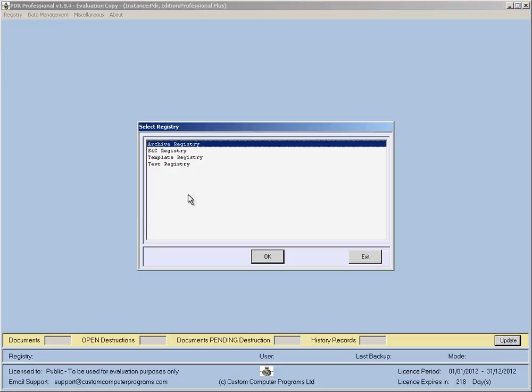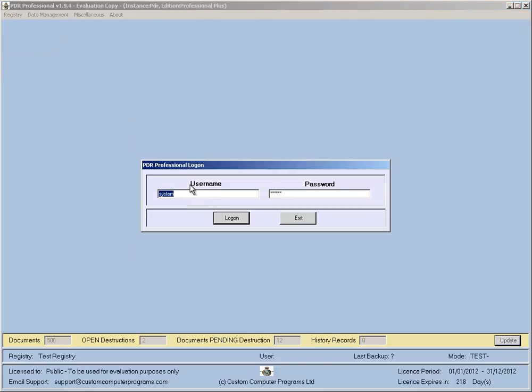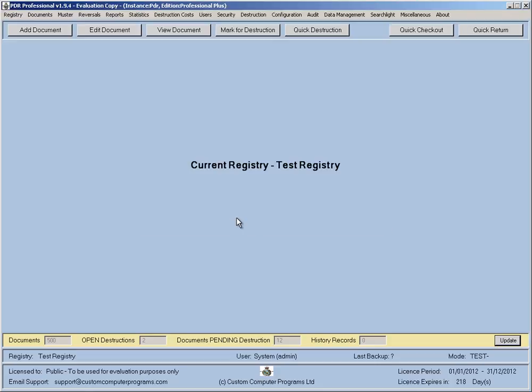If we select the test registry as normal and log on as the system user with the system password as normal, we can see here that the registry has a question mark against it, which indicates that currently the system is unable to establish when the last backup was taken, and this may be because no backup has ever been taken. You may also get an indicator down here saying NA for non-applicable, and that is when you've either